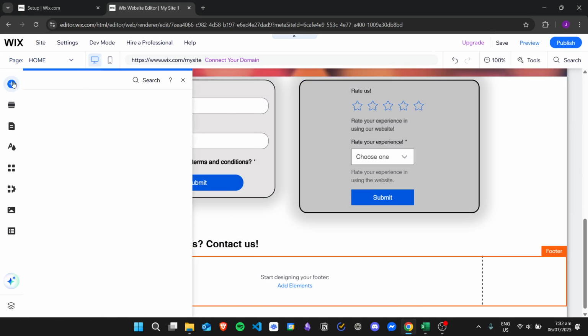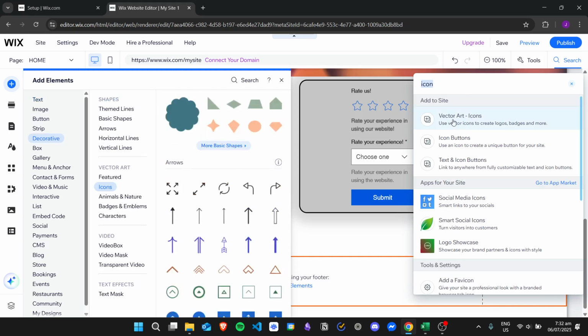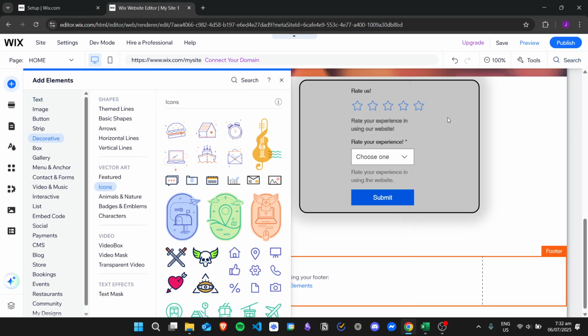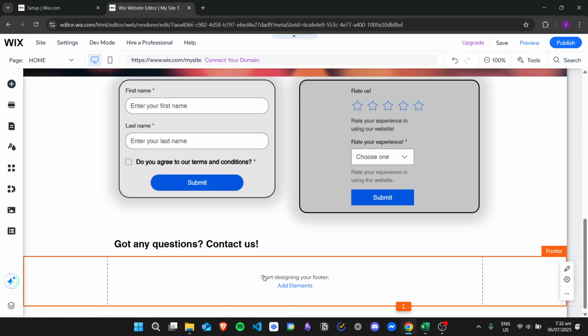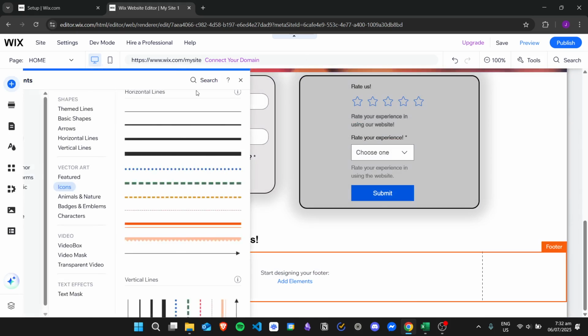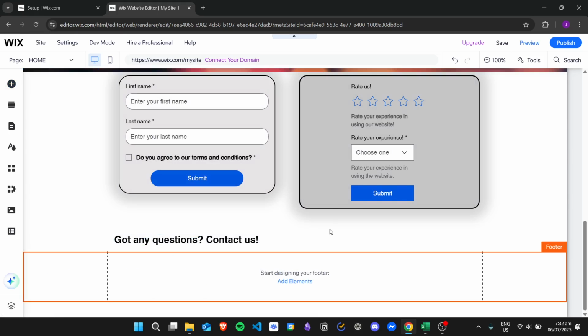And then we can add an icon, for example like a vector art. We can just click on it again, for example this one,